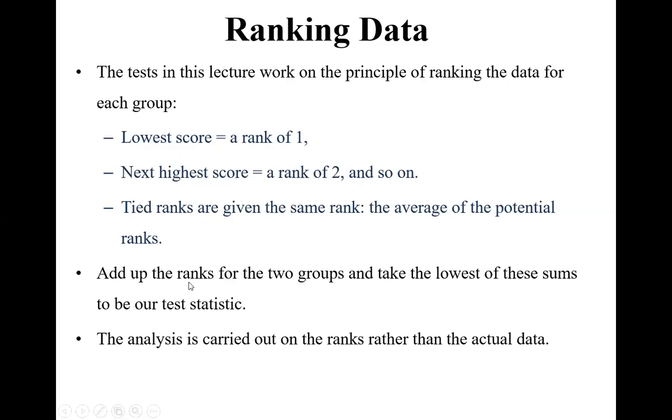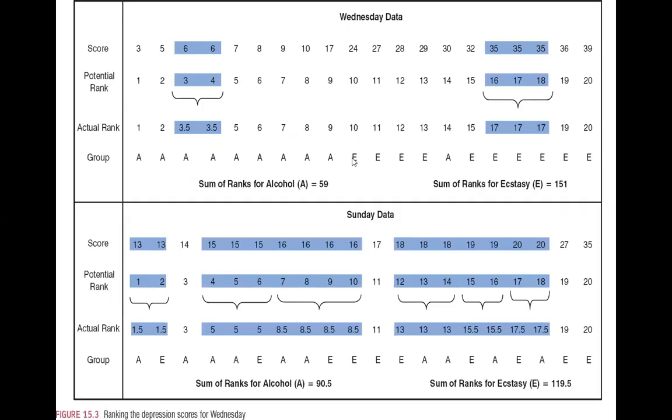Okay, so now you can take this. There are two days of data: the Sunday data, and after three days the Wednesday data. So how many participants? Total 20 participants: 1, 2, 3, 4, 5, 6, 7, 8, 9, 10, 11, 12, 13, 14, 15, 16, 17, 18, 19, 20.